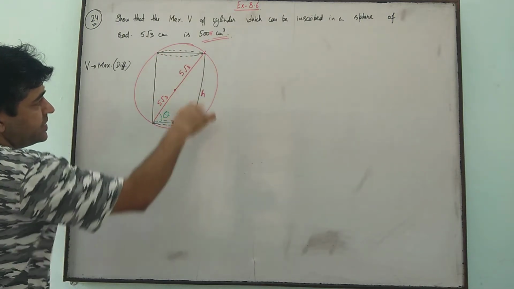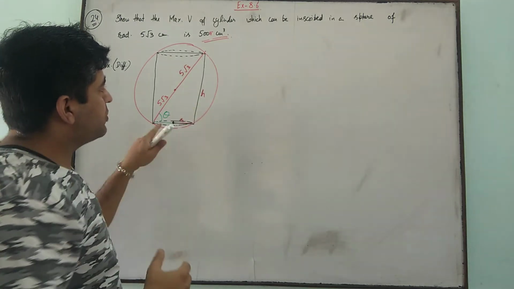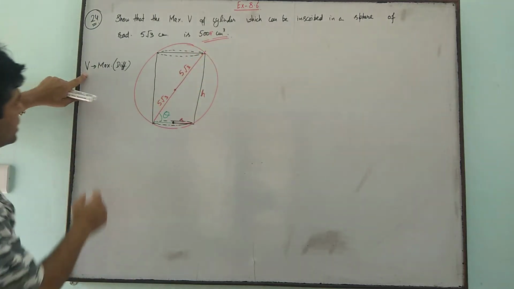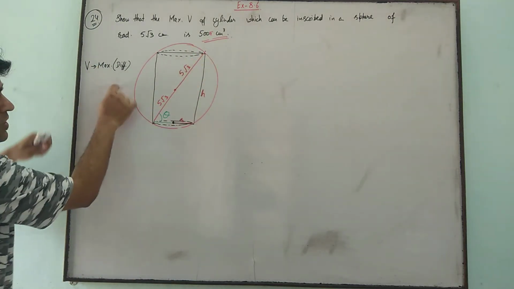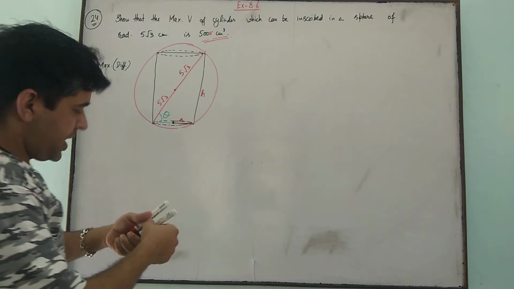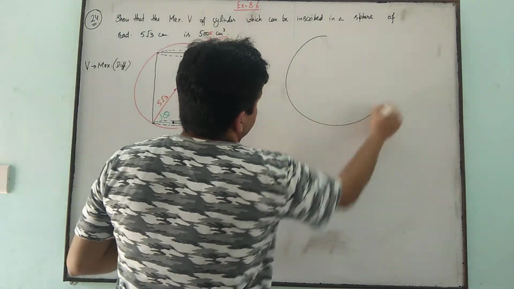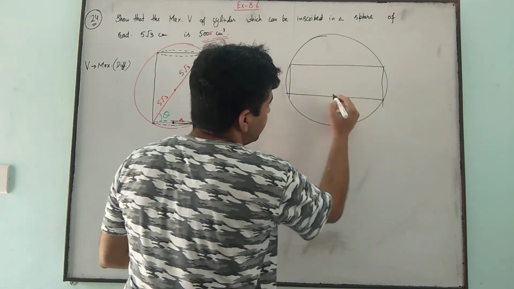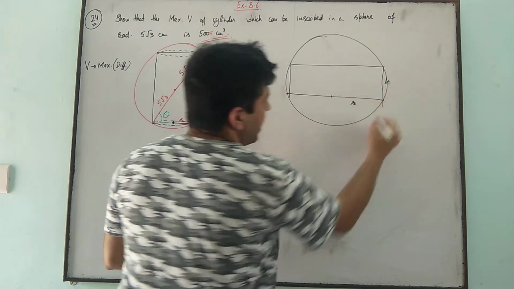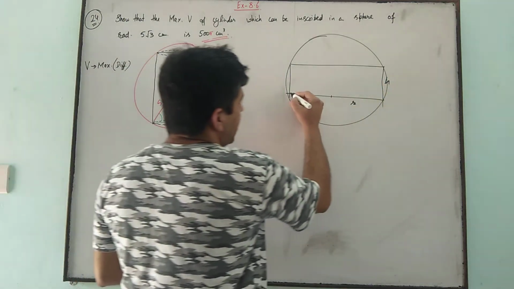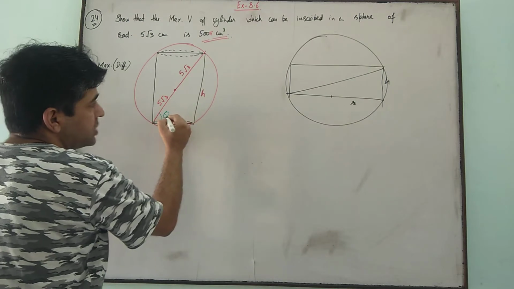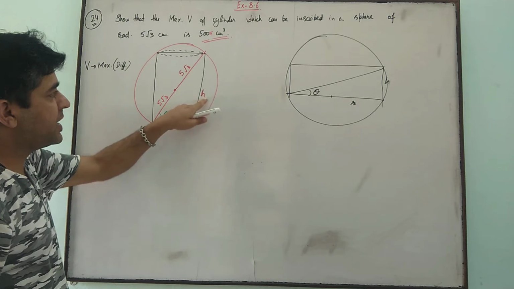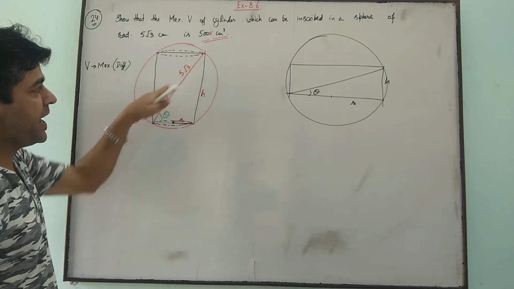He said the cylinder dimensions are varying, so the maximum volume of the cylinder you need to find will be 500 pi centimeter cube. So for maximum volume, we need to differentiate volume here. Suppose your cylinder is like this, then obviously dimensions are changing, r and h. So what else is varying is your theta. So what we'll do, we will convert this r and h in terms of theta and this radius.